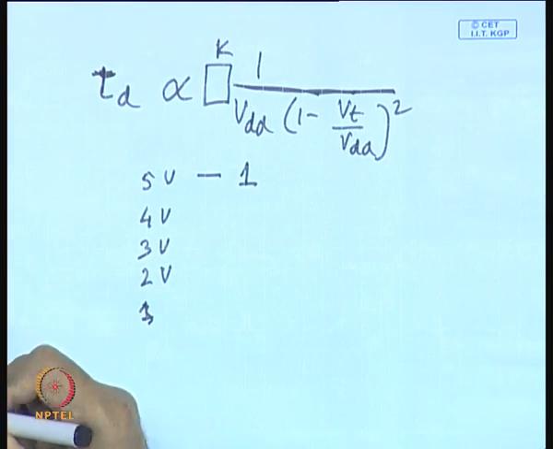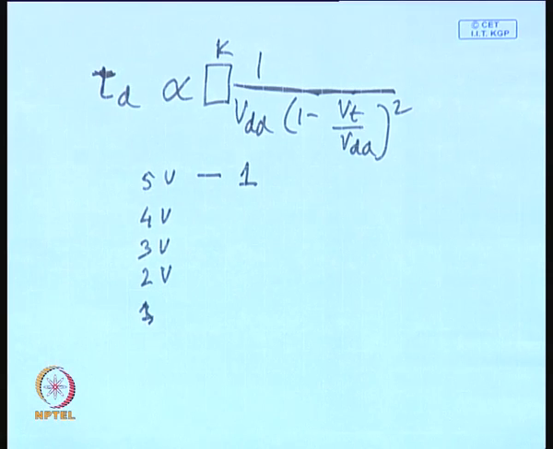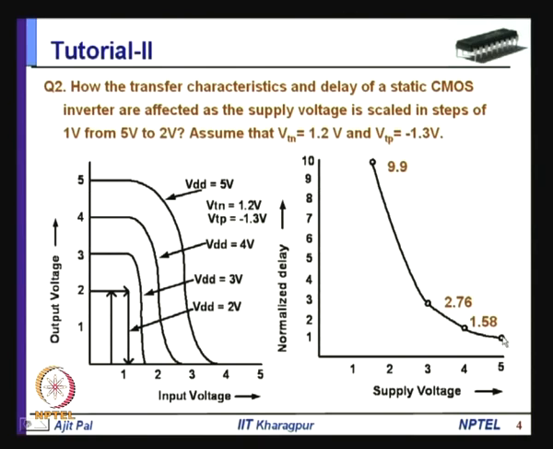So, considering the delay is equal to 1 for 5 volt, then see how the delay increases as you go to 4 volt, it is 1.58. Obviously, it is normalized with respect to the delay when VDD is equal to 5 volt, and then you can see for 3 volt it is 2.76 times, and when it is 2 volt it is 9.9